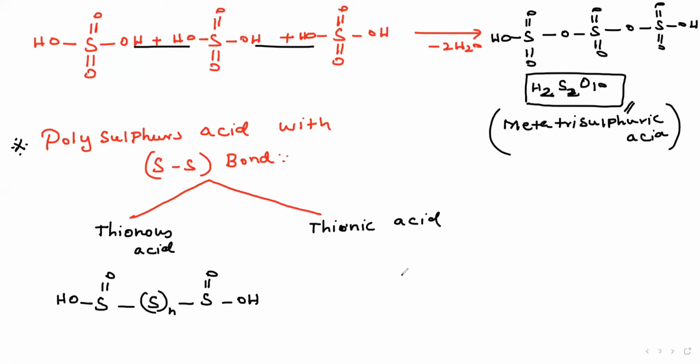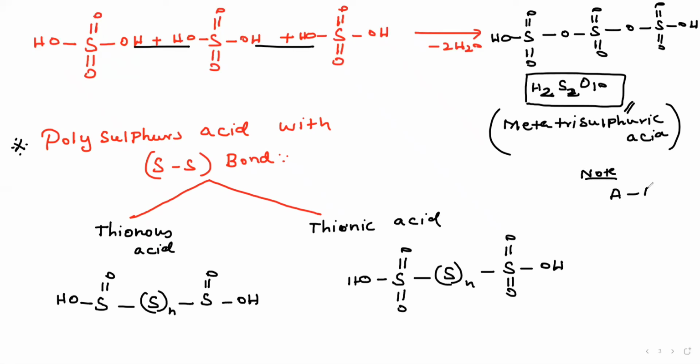For thionic, what is the general formula? S double bond O and double bond O, here S subscript n, okay, then S double bond O and double bond O, then here OH and OH, okay. This is thionous, this is what? Thionic. Now see in this, listen. Very important point, note. Always, for a homoatomic molecule, what is the oxidation state? 0, 0. Understand? Whenever the same atom is connected by a bond, what is the oxidation state of the element? 0, 0.